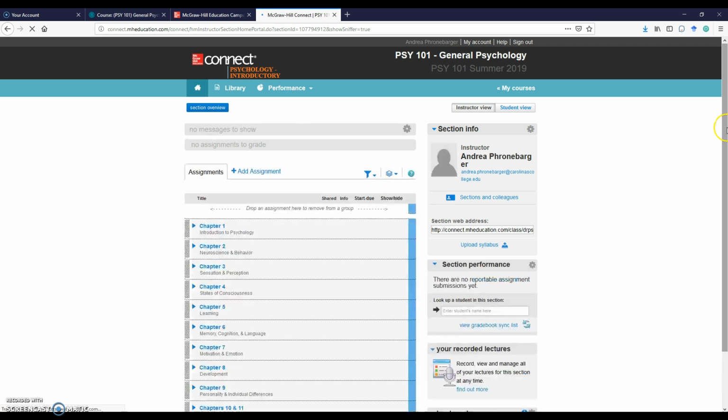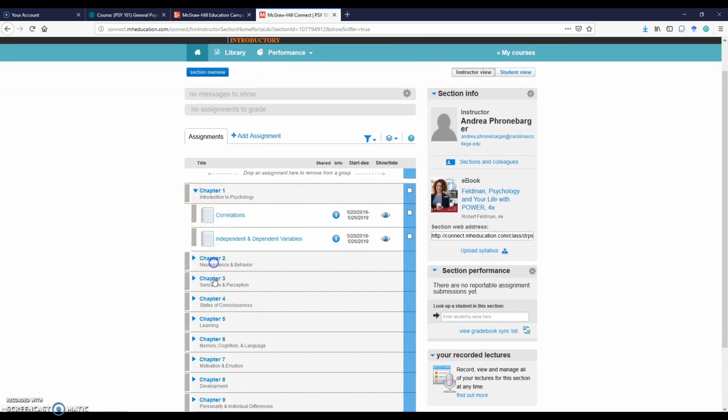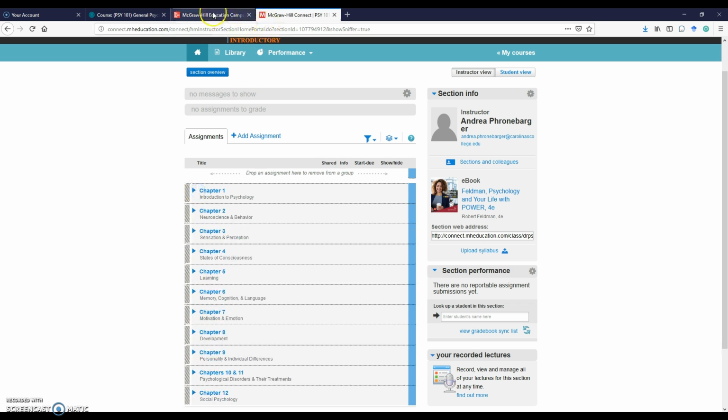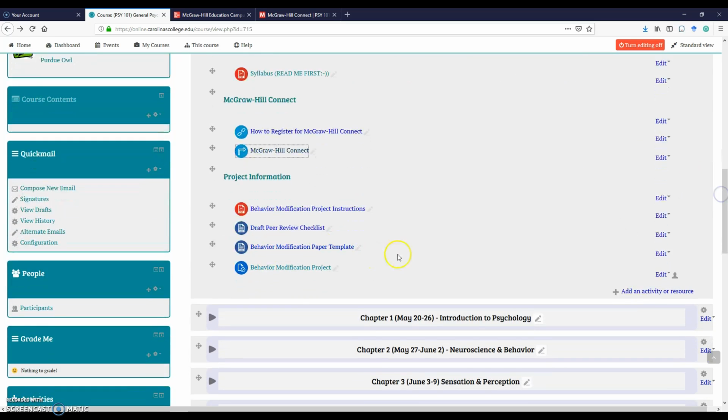So if we click that, make sure that your pop-up blocker is disabled. You'll notice that for each chapter there's some assignments there for you. So those are going to be your quizzes per se. And basically they're typically some type of tutorial or video. You watch it and then you answer a couple of questions. So it's just a great way to kind of unpack some of the basic content areas of the course and also keep you academically engaged.